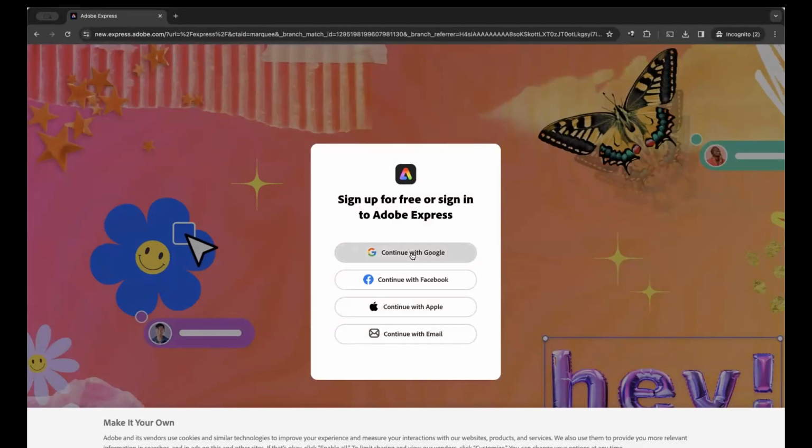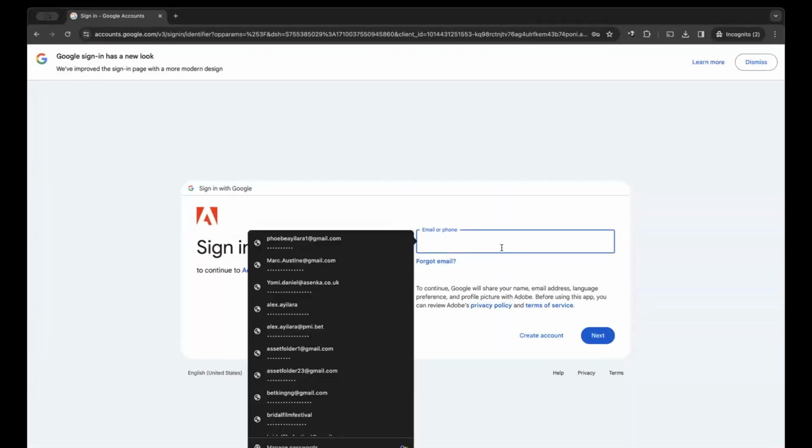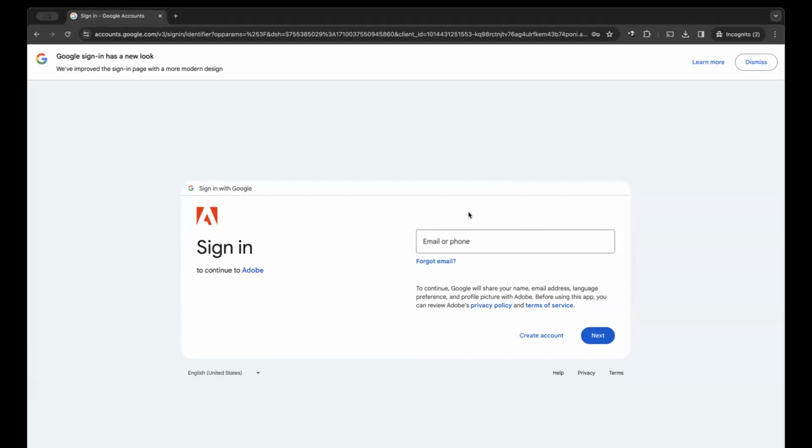I'm going to just create an account with one of my Google accounts. So you can go through the process of creating the account. I think I probably created accounts with all of my emails, so I won't bother going through this stage. Is it okay? Do you understand? So once you put in your email, go through everything, then next.